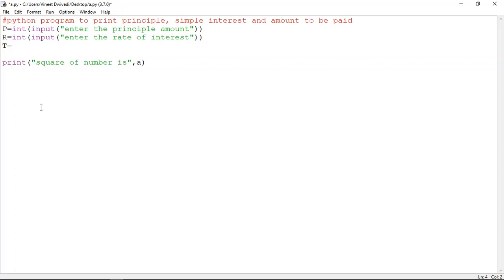So the bank has given you the loan, so let's take out how much amount is to be paid, or how much interest you are going to get, that can also be calculated. So in T we are giving the time period.